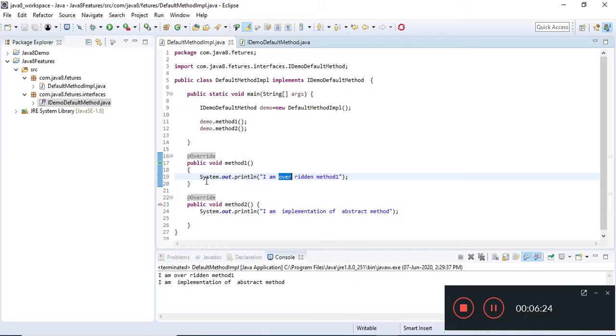And apart from this, we cannot extend multiple abstract classes, but we can implement multiple interfaces to achieve multiple inheritance in Java. So here we have shown the small demo of default method in Java 8.